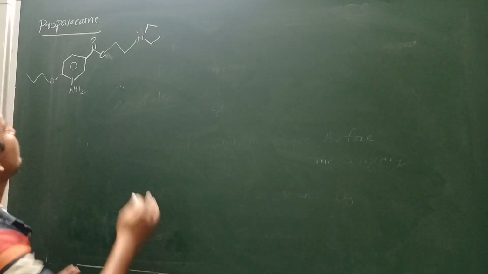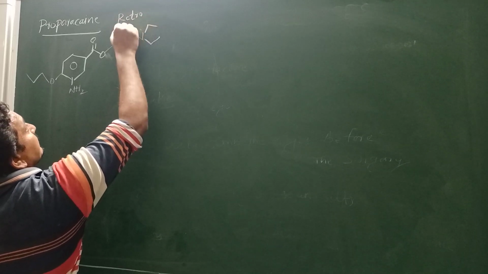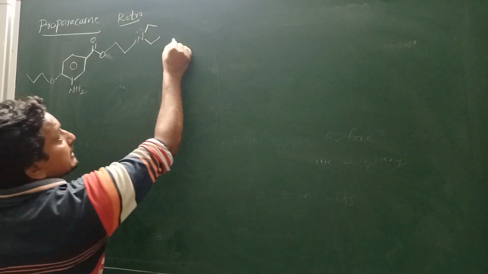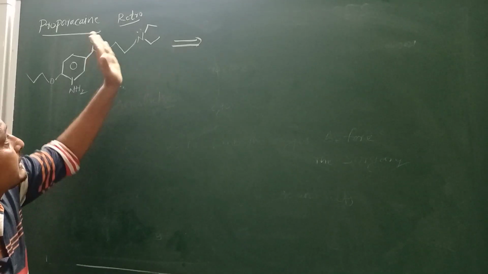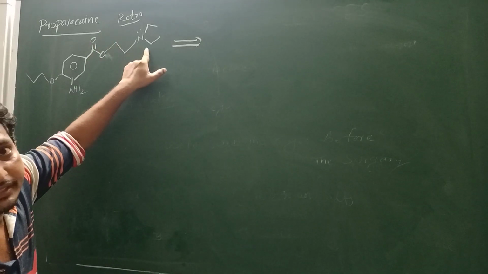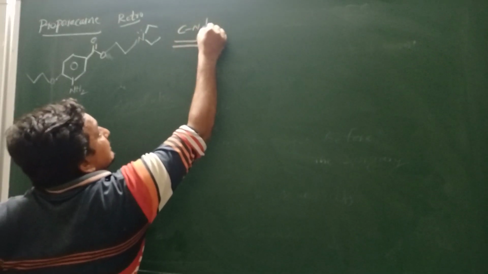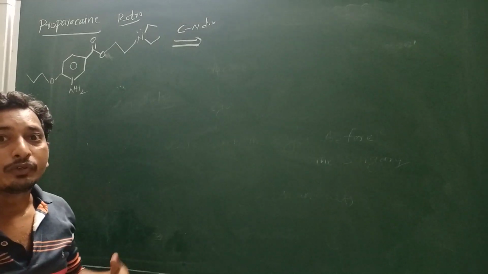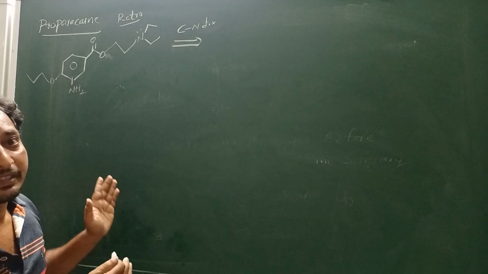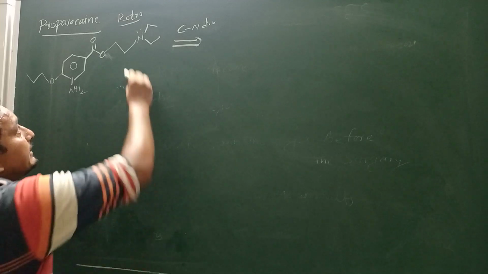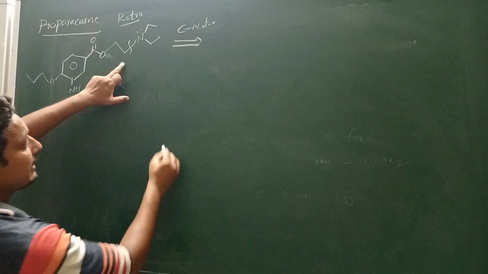Now I will write the retrosynthesis of proparacaine. This is the retrosynthetic arrow. I will disconnect at the carbon-nitrogen bond, the C-N disconnection. Already in the previous class we followed some guidelines. One of the guidelines is that the disconnection takes place next to the heteroatom, so here the carbon-nitrogen disconnection takes place. This is the symbol of retrosynthesis, and the synthons are